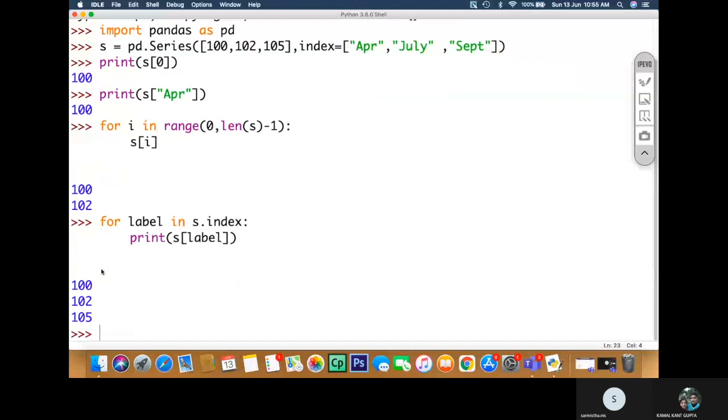We will talk about this further. For the time being, what we have discussed is that we can create a series, and we can access the data value elements of a series using its index as well as its labels. So the labeled index can be used, or you can also use what is known as the positional index, and the positional index always remains there with the labeled index.